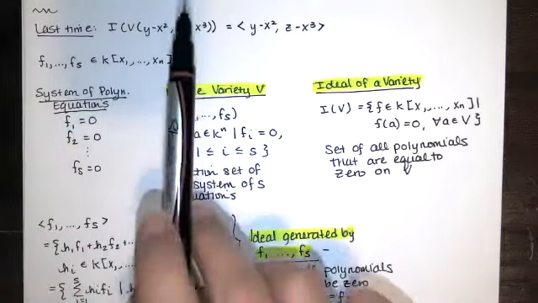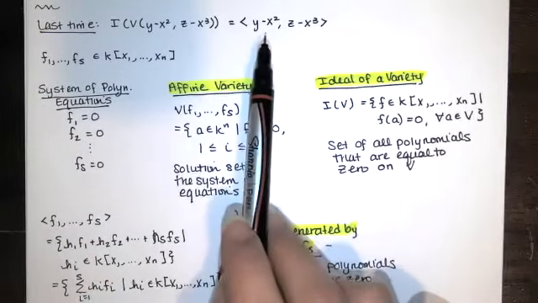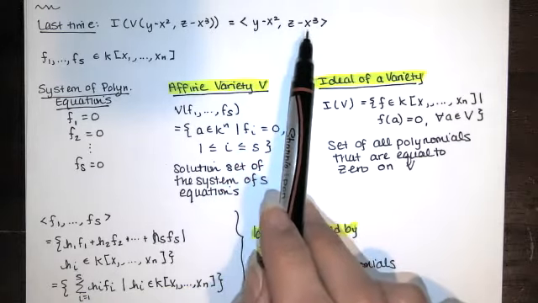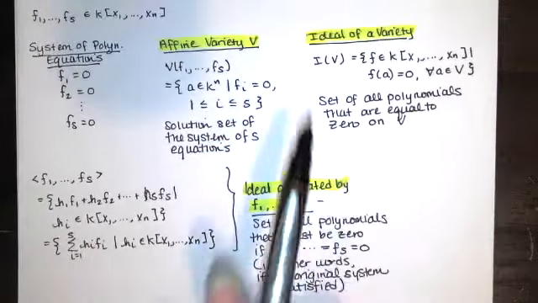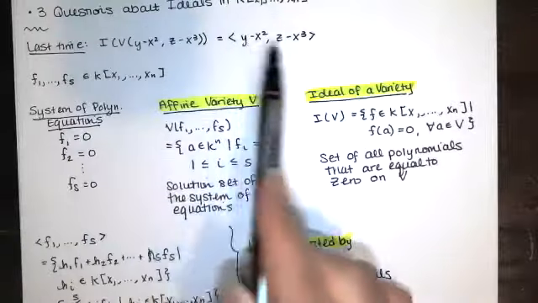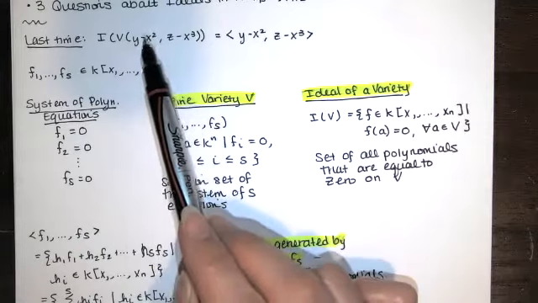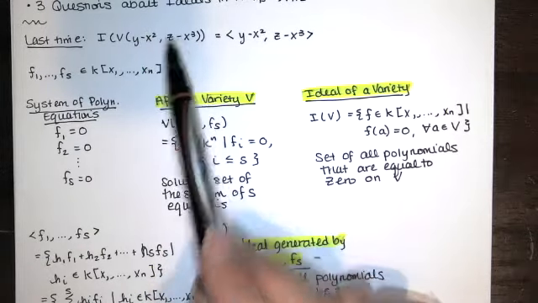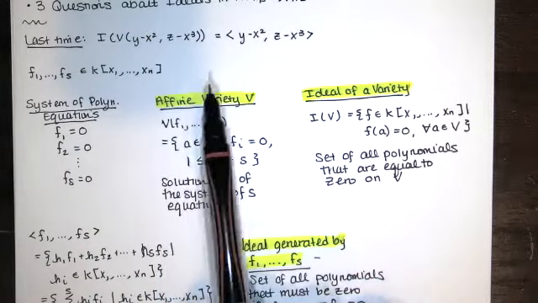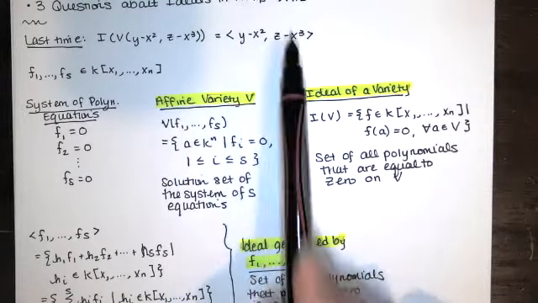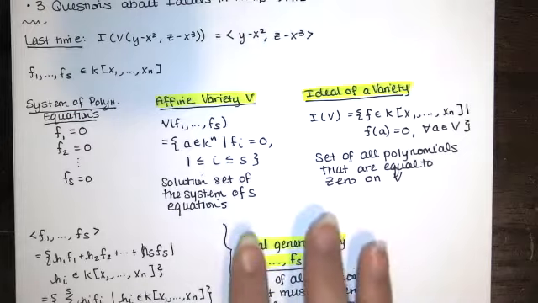Turns out to be the same as the ideal generated by the two polynomial functions y minus x squared and z minus x cubed. So in this particular case, the ideal of the variety defined by f sub 1 and f sub 2 is equal to the ideal generated by f sub 1 and f sub 2. So the question is,